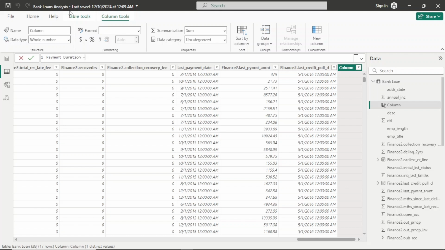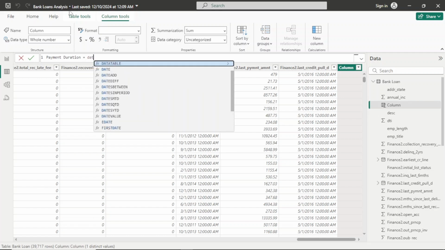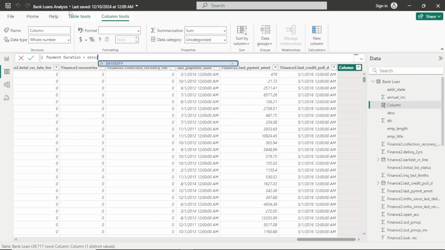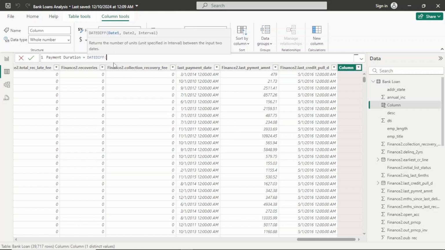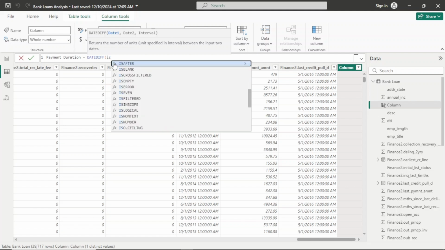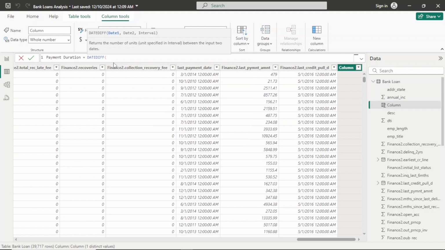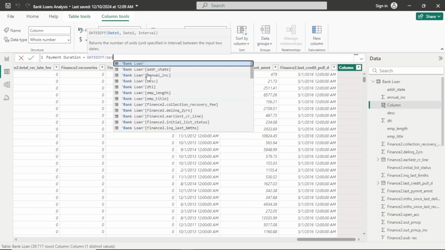This is going to be equal to the date difference. We'll use this function of the date difference between the issue date, the bank loan issue date,